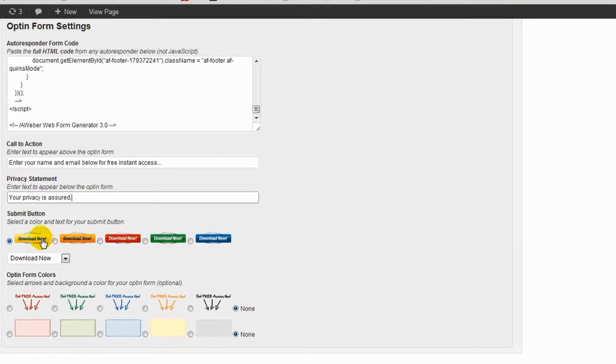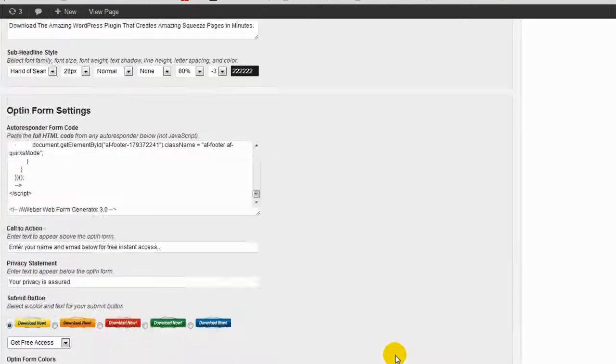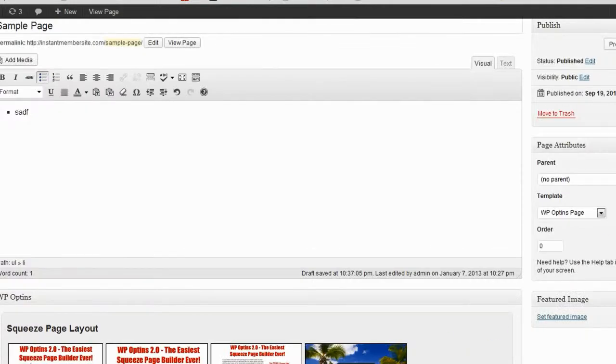So we'll just go with the yellow, and then you also want to choose the text that's going to go on that button. So we'll use get free access. And let's see, by default these are checked none, which means these will not be added to your form. So let's just see what that looks like just as it is. Alright, so we're going to go up here and click update,